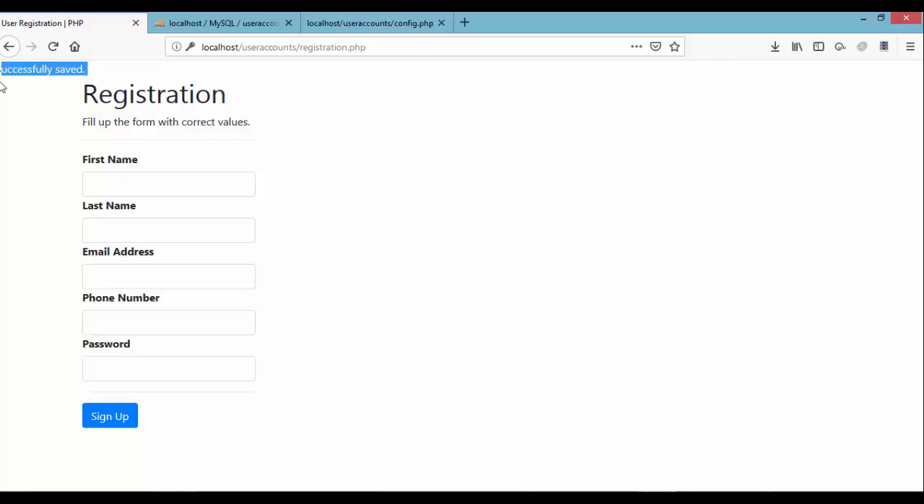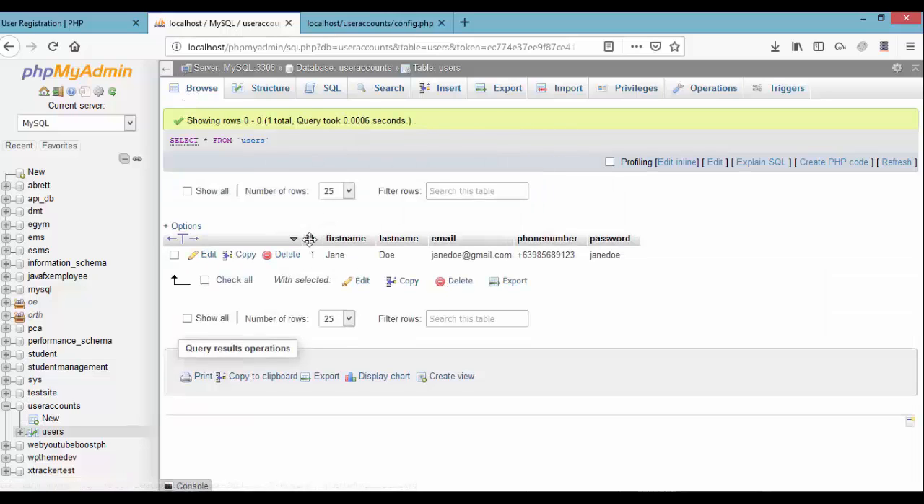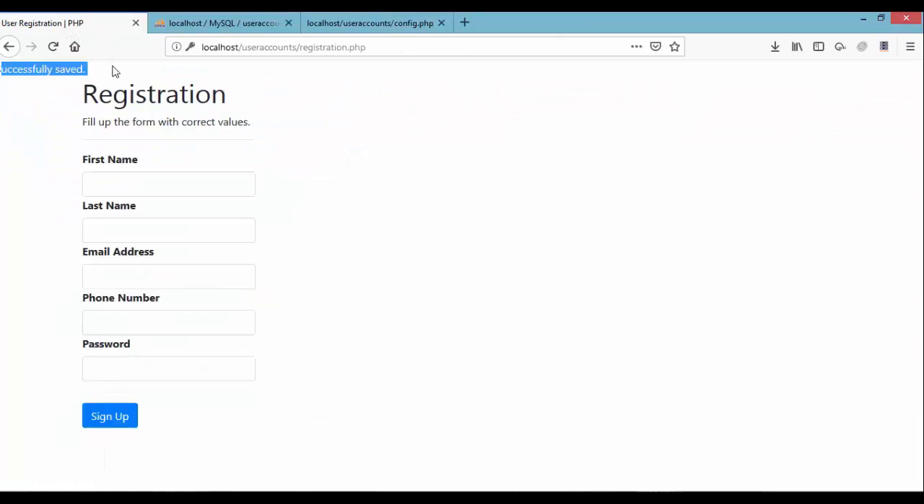But let's check our database or the PHP to see if the data has gone through. Okay, so browse. Let's just click on this browse and you can see we now have the first record, which is the first name Jane, last name Doe, email address janedoe@gmail.com, phone number, and of course the password, which is Jane Doe. Okay, so I think our insert logic is good,